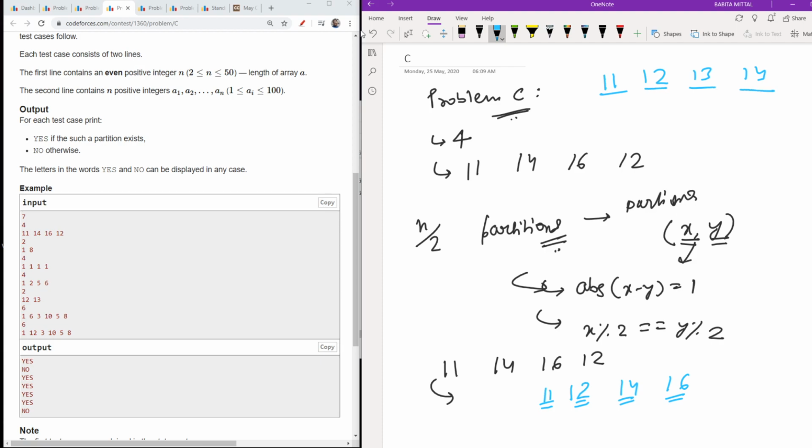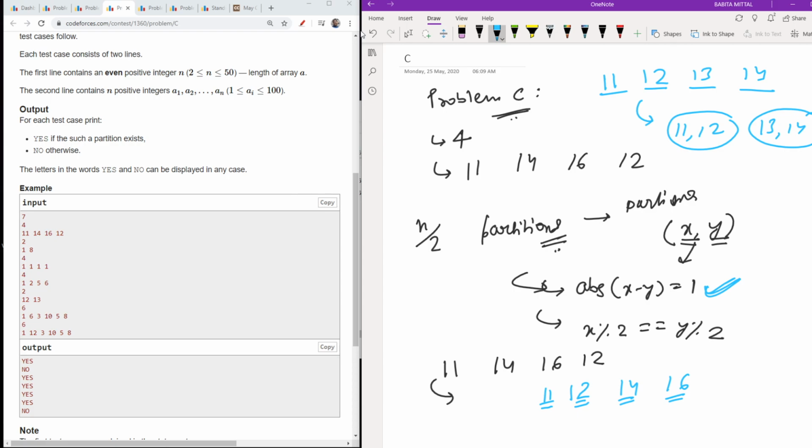So I can place all elements in the array like this: 11, 12, 13 and 14. First I will check if abs of x minus y, for all the elements, is 1.